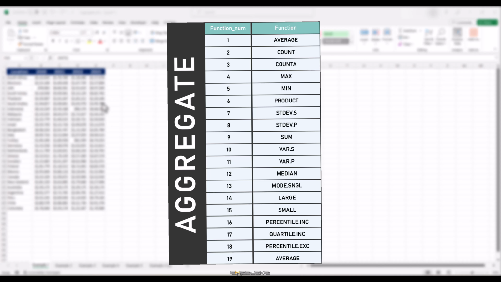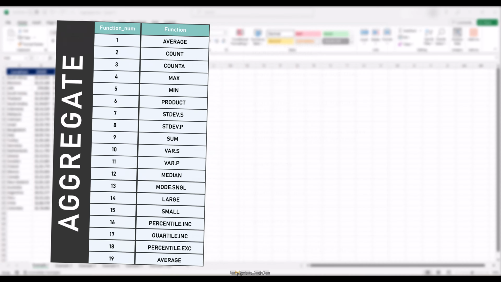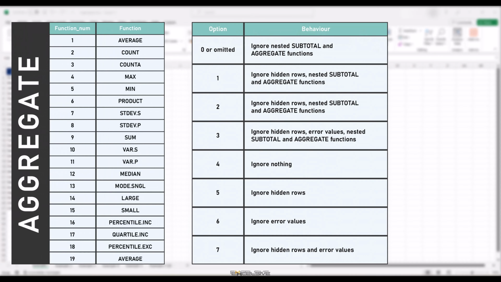Now let's move to the options bit. This is the second argument in our aggregate function, the options list. If it's not clear as to why we need a function like aggregate, this is the reason. If you go through this options list, this gives you the choice of ignoring certain cells in your calculation, which becomes vital in certain scenarios. If you're still not convinced, don't worry. By the end of this video, you'll have a solid understanding of how to use this function for a wide